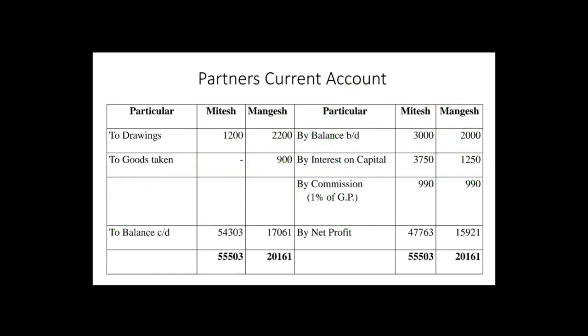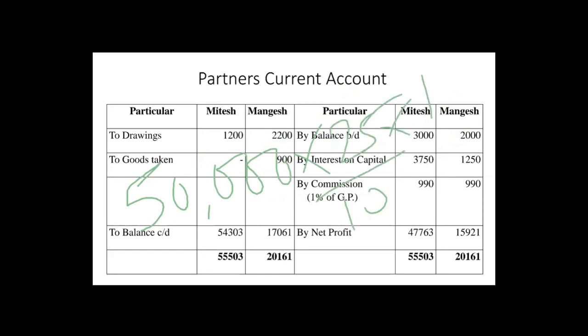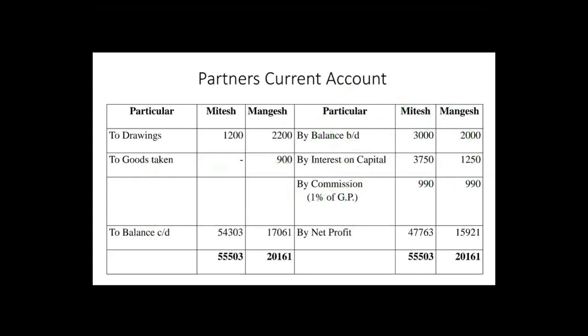Now the next one is of Mangesh. The opening capital of Mangesh is how much? It is 50,000. So again the same calculation, 25/10 into 1/100. So 50,000 into 25/10, because we removed the point, so 25/10 into 1/100. Again the zeros will be cut. Now 50 into 25 is how much? It is 1,250. So the interest on Mangesh's capital is 1,250. This is the way you can calculate the amount.